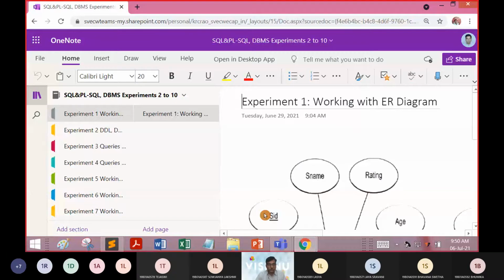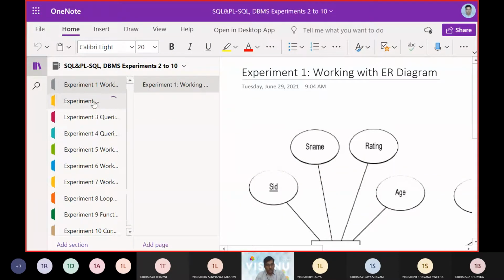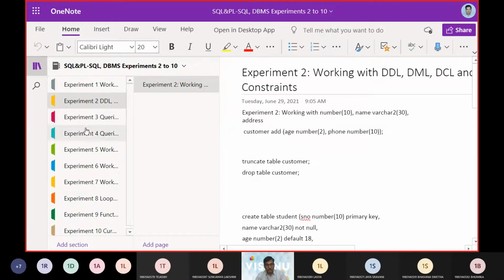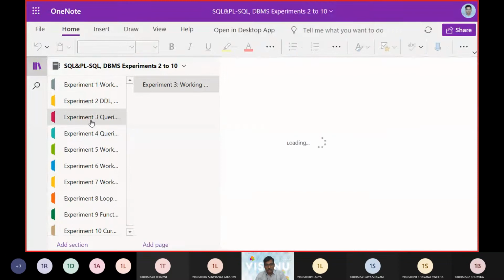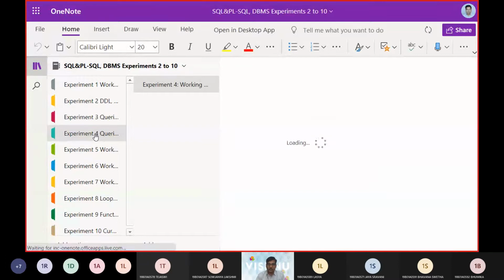We are now practicing the OneNote, which was taken up by the CSCA sections students. In our earlier discussions, we discussed the DDL commands, DML, key constraints, etc. Then we talked about queries and nested queries.